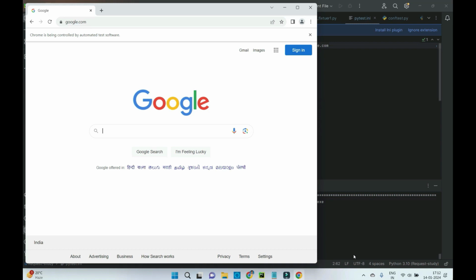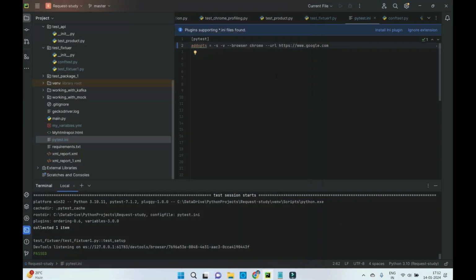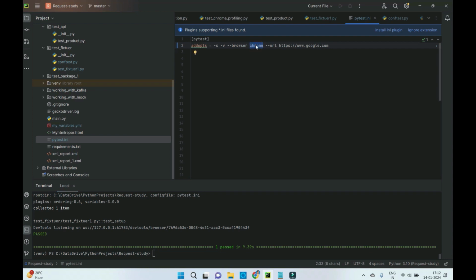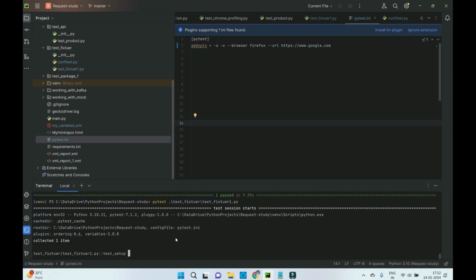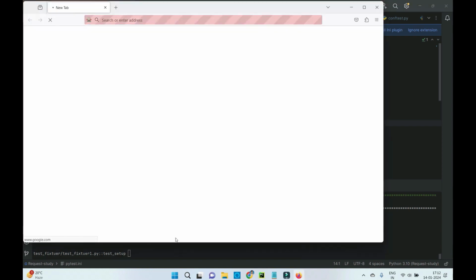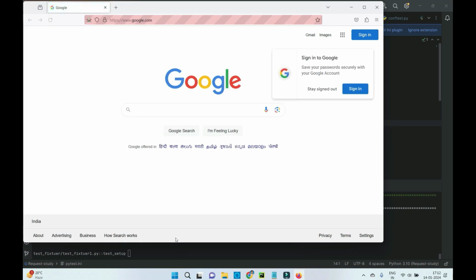Okay, let us open the Chrome browser. Now I'll be checking if it is working or not. So let me change it to Firefox. Okay, now I'll be running it again. See, it has opened the Firefox browser. Okay, that means